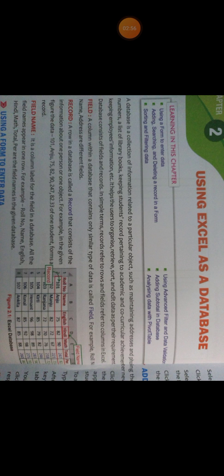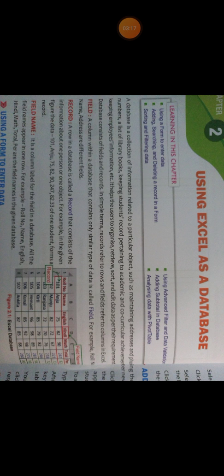So now I will define the next term, which is the field. Basically, in a table, each column is a field, and a field is the area in a table which consists of only one type of information. For example, here the first column is labeled as roll number.